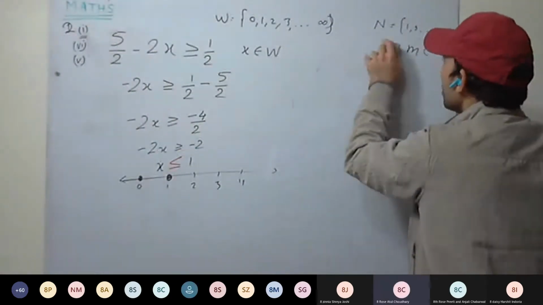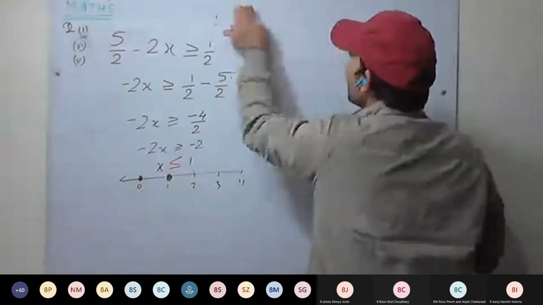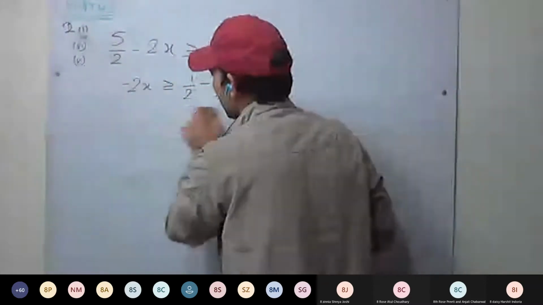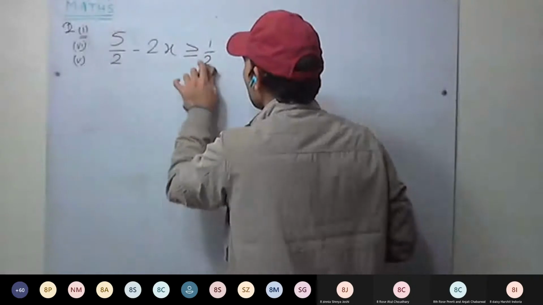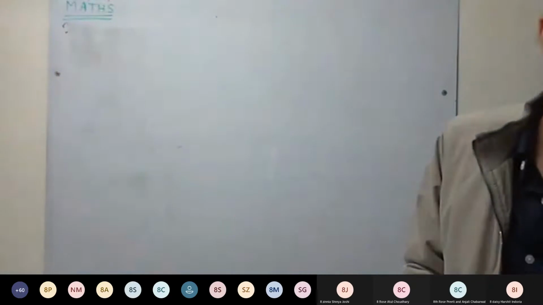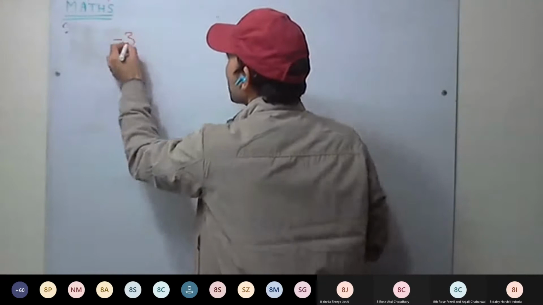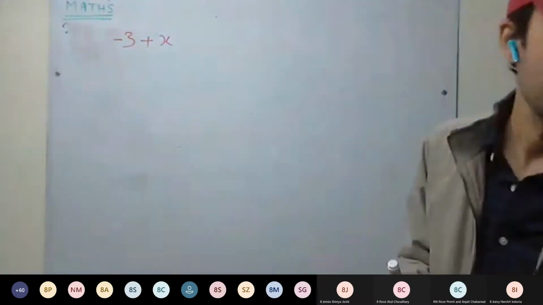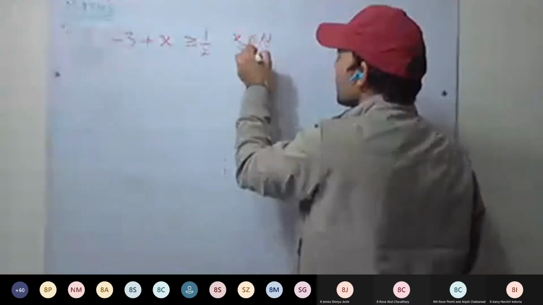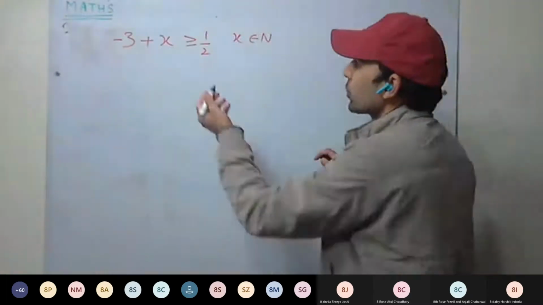Yes, in the third question. Second as well. Okay. Second, minus 3 plus x greater than or equal to half, x belongs to natural numbers. Okay. So minus 3